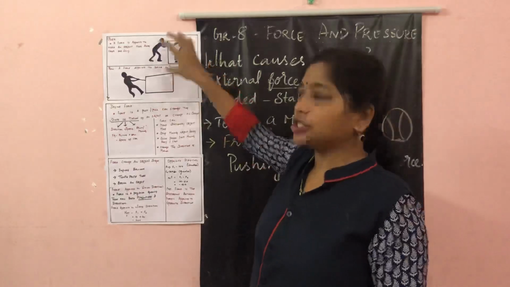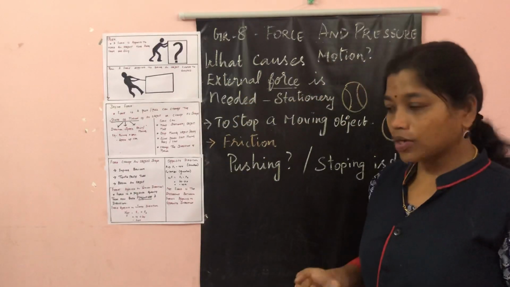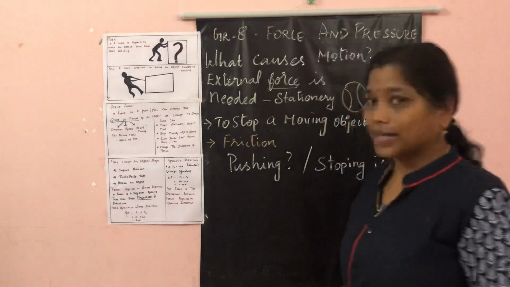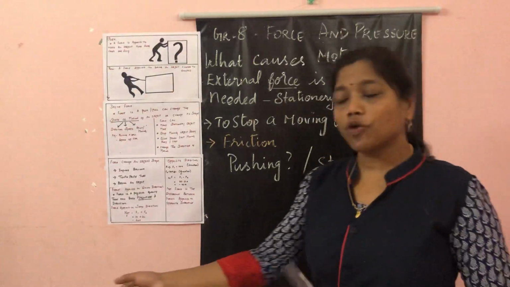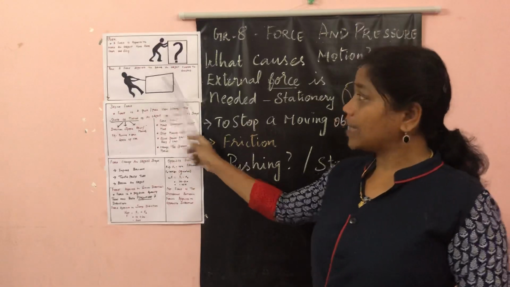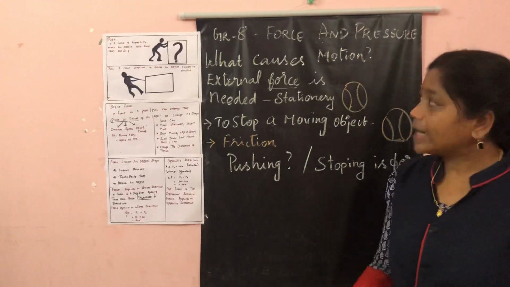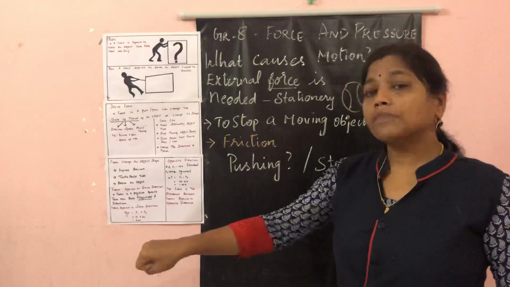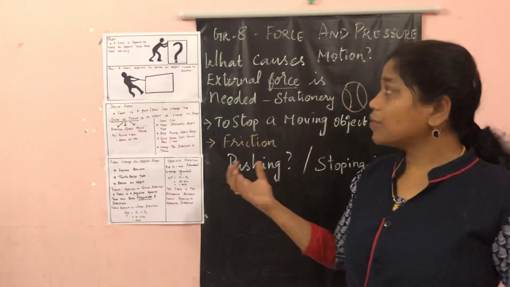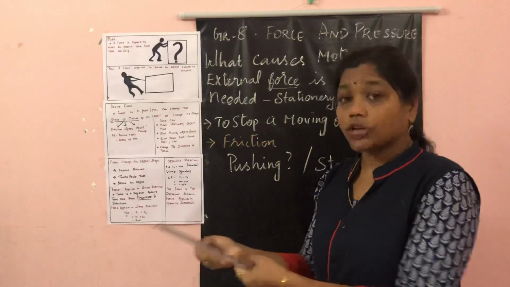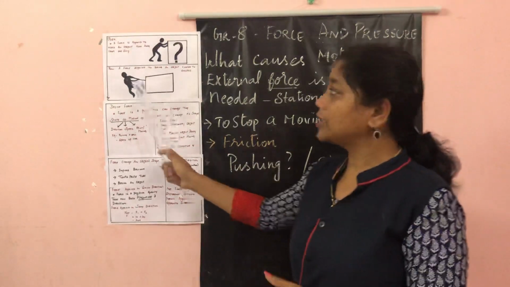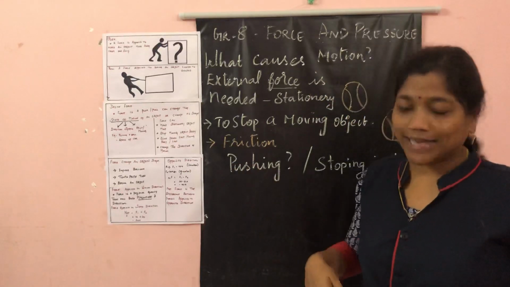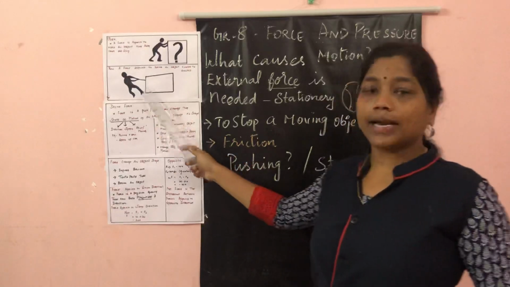That is the push. Next comes, I just wanted to take a box again. So what I'm doing, I'm going to pull it. A force is applied to bring an object closer to oneself. I'm pulling a box where I want the box to come closer to me. That is a pull. A force is applied to bring an object closer to oneself. Understood? A push and a pull.